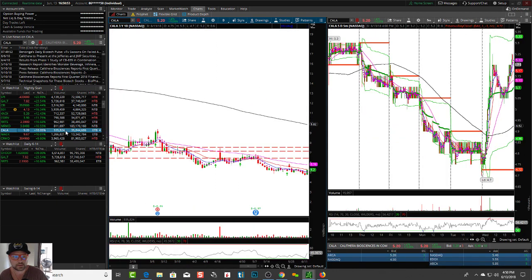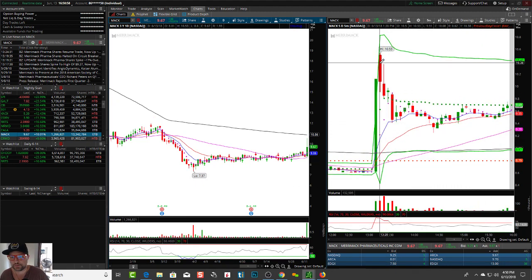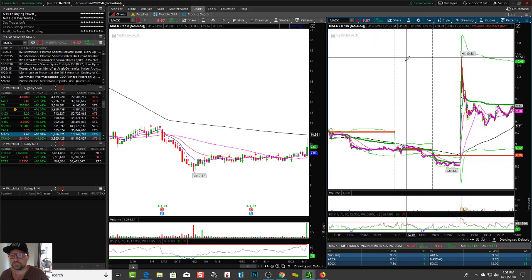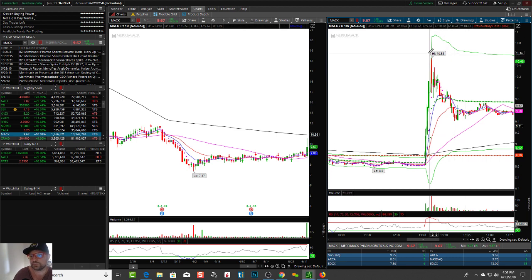Kayla, CALA, no. Mac, nope. There's your FU middle finger right here. Let's do this. Here you go. FU pattern, middle finger. Stick your middle finger right up in there and put your knuckles underneath there and have it say FU, way up, right down. Head and shoulders, FU pattern, big middle finger here. Put your knuckles under here, put your hand to the screen, and that's your FU pattern. Because FU means, hey newbies, you buy up here, you're getting you know what. Right here. That's the FU pattern, big middle finger, saying we're taking your money and you're going to cry all the way down.